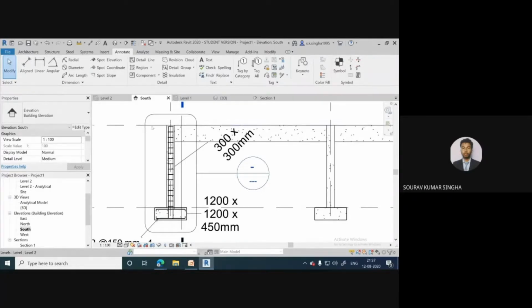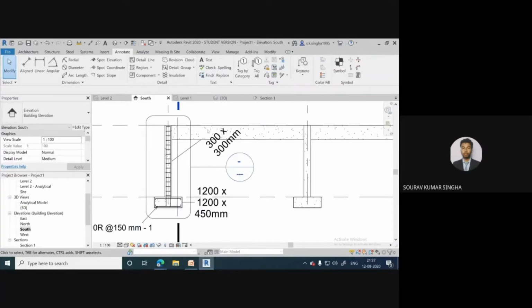Okay, so very simple. After you do this, what you need to do is make the scheduling. That is the main thing in the bar bending schedule. We have completed 90% of the bar bending schedule of the column as well as the isolated footing.